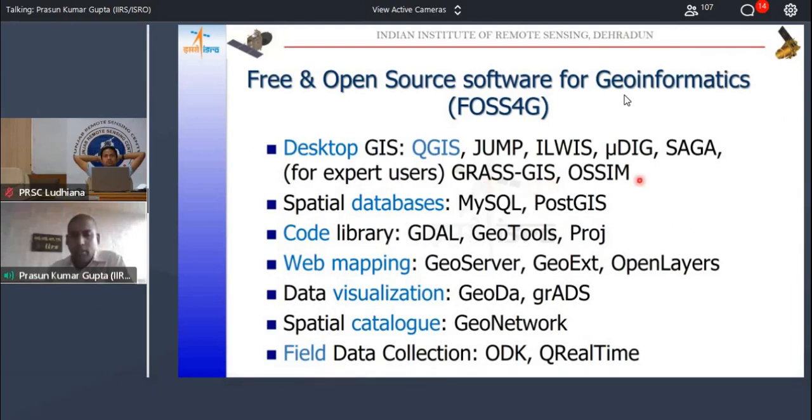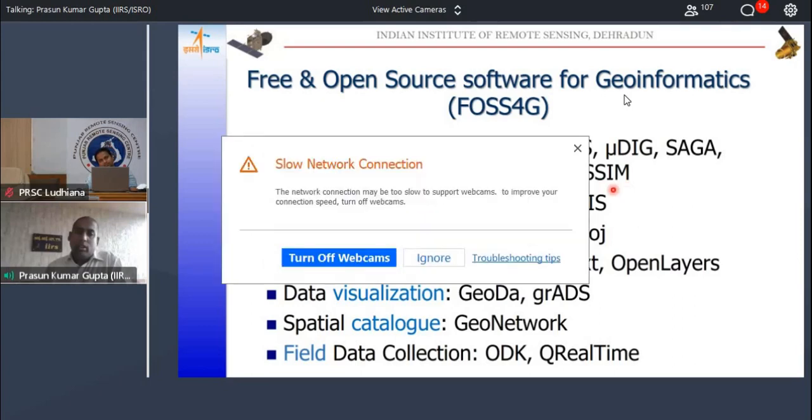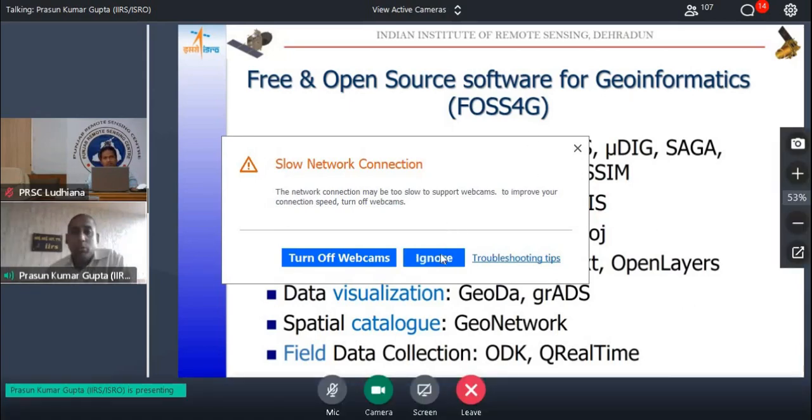Also, for data producers, if you are in an organization which makes data on a regular basis, on a high frequency basis, then you should look into this also. Then for spatial databases, you have MySQL, PostGIS.